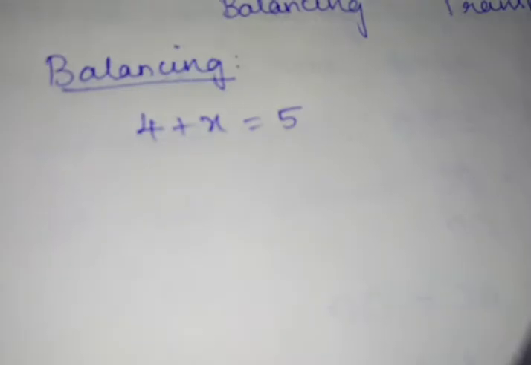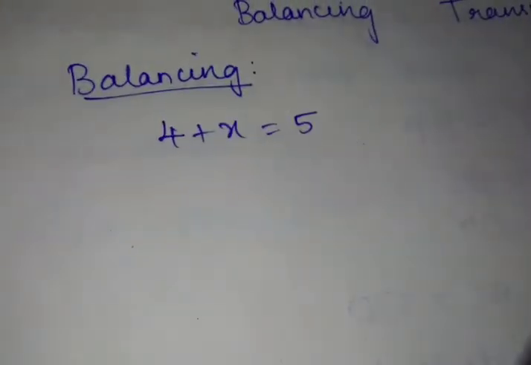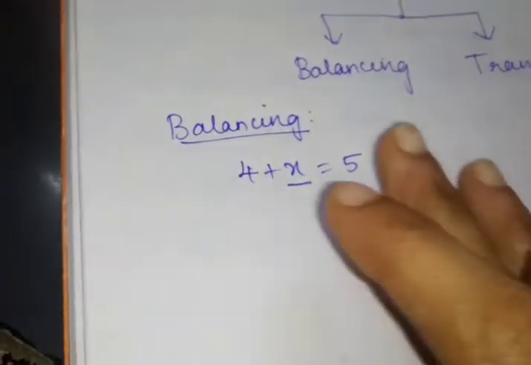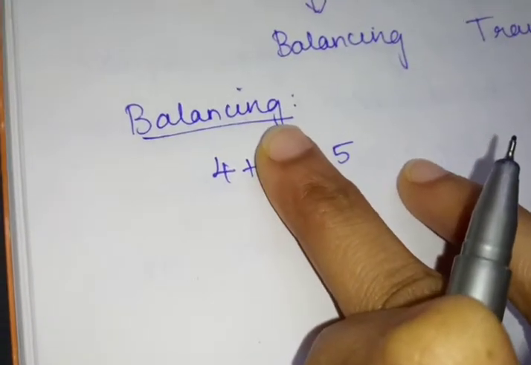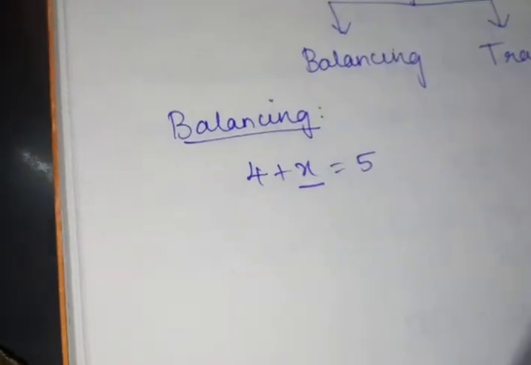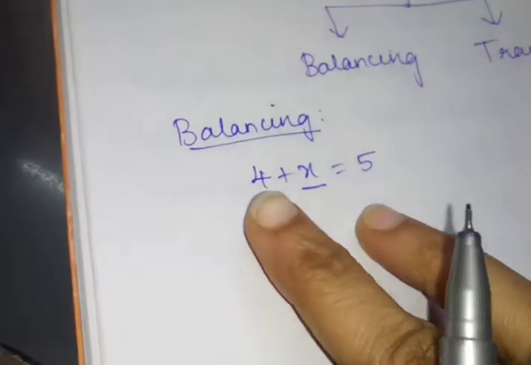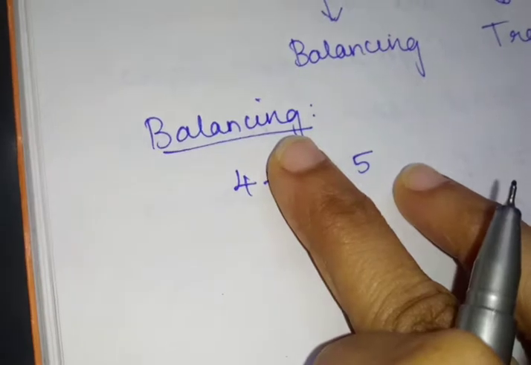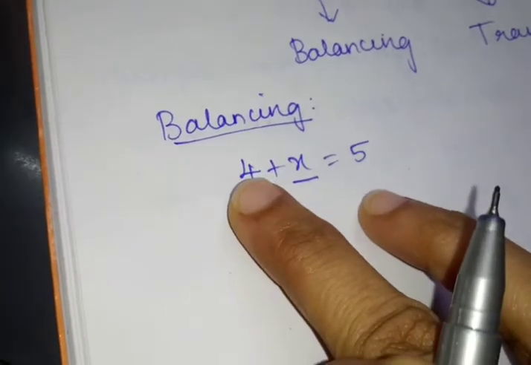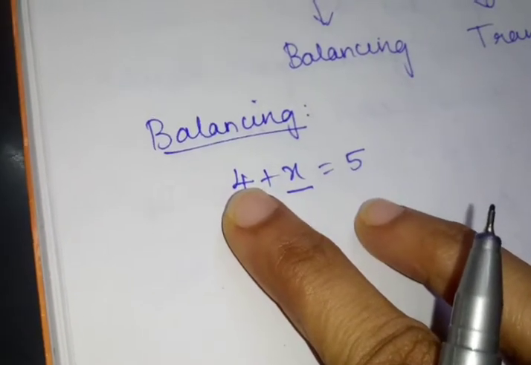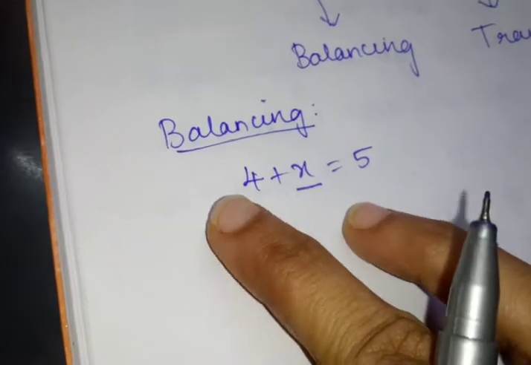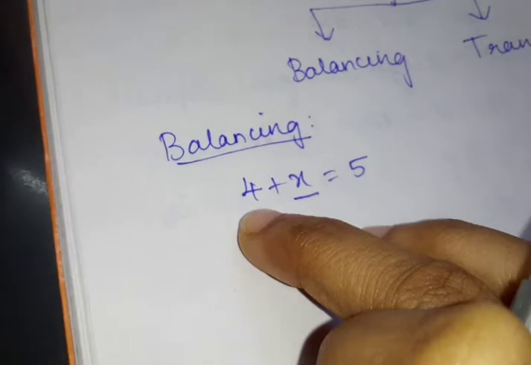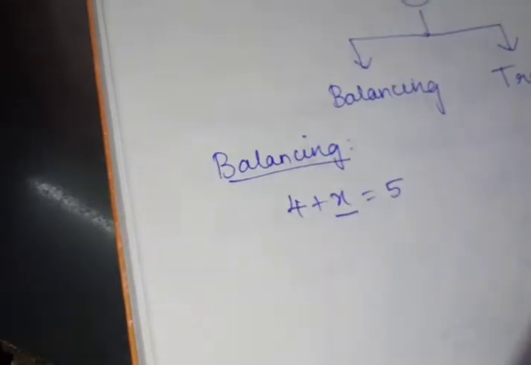Okay, now what we are going to find is the value of x. So I want only the value of x. So I want to eliminate this 4. I just want only the value of x, children. Actually what symbol is it? It is plus 4, right? Only 4 is written, what is the meaning? Plus 4.